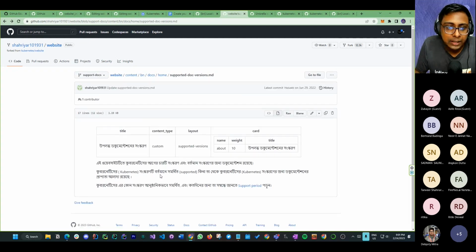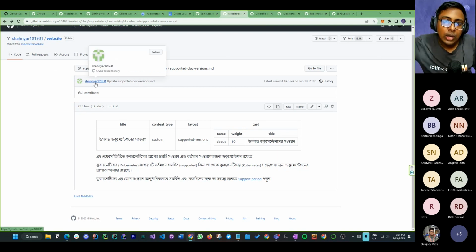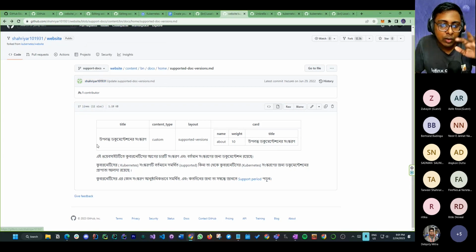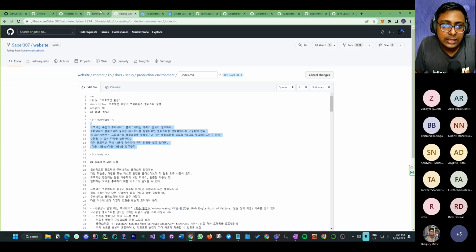This is why it is public. Okay, so you can see this is the file he has created, and his file has also been merged. You can see this is Shahriyar, and this is his forked repository. You can see, right? Also this was forked. So we went to Shahriyar's ID, and we have seen what he has done, right? Now, this is our example. For us, it is also the same, right?